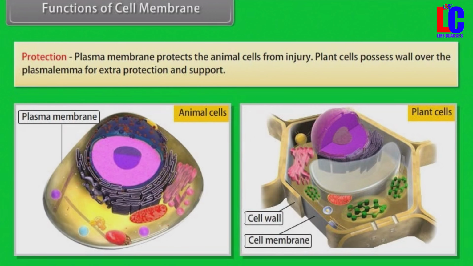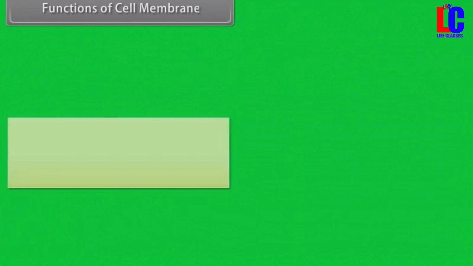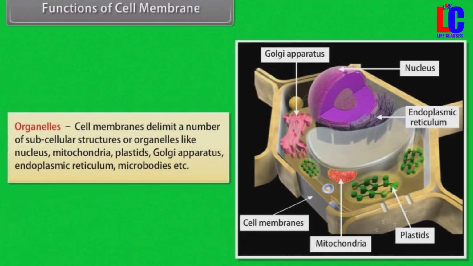Plant cells possess a wall over the plasmalemma for extra protection and support. Organelles. Cell membranes delimit a number of subcellular structures or organelles like nucleus, mitochondria, plastids, Golgi apparatus, endoplasmic reticulum, microbodies,